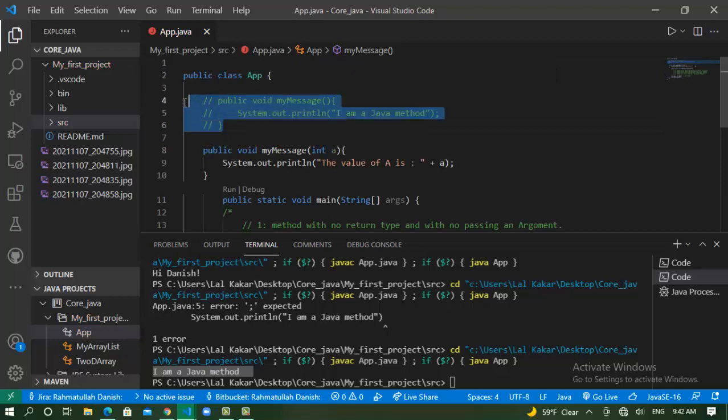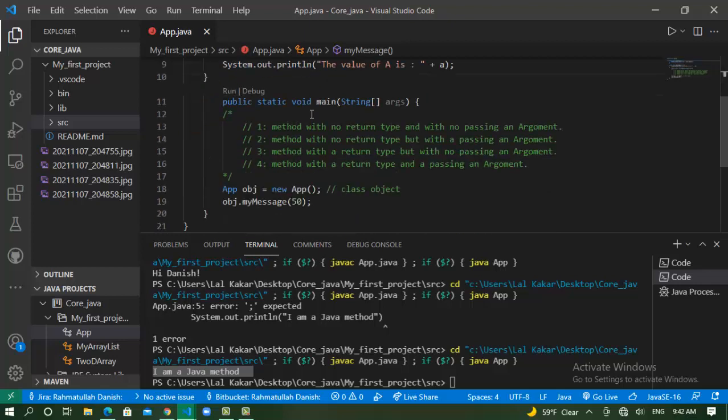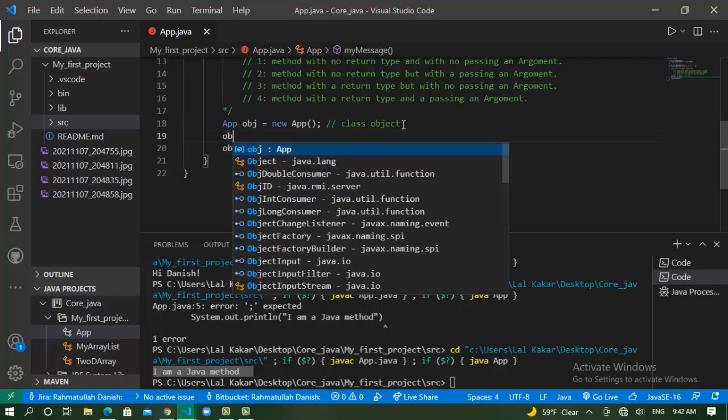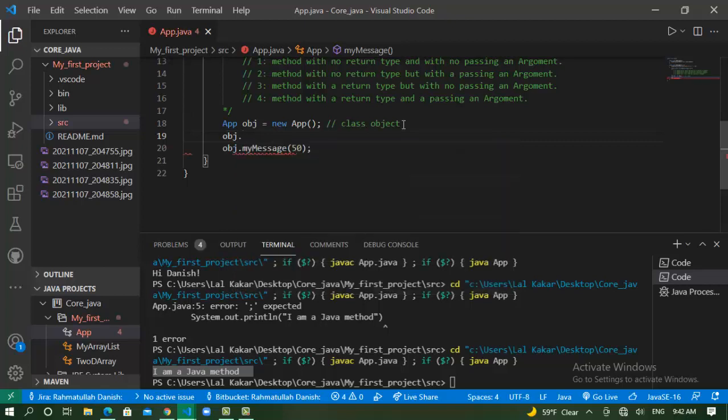I renamed this method's message, just changed the name. When I call the above method on the object, we have two methods in this object. The first one, myMessage, has an integer argument a, and the second one is without an argument.